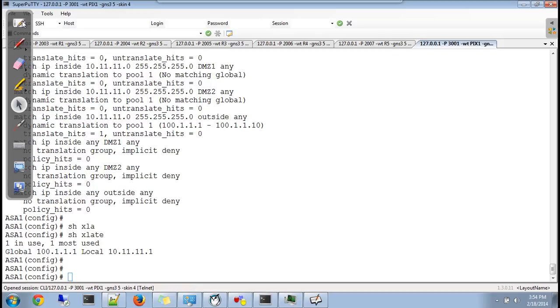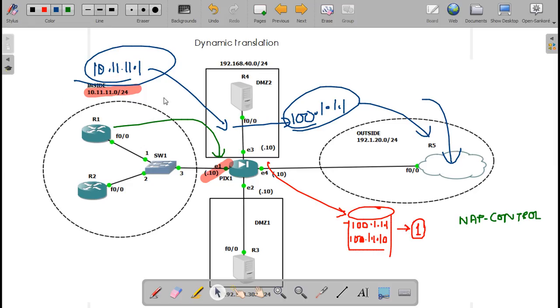Now just understand that suppose right now we have network 10. Suppose we have network 172.16.10.0 behind R1, and we have say network 172.16.0 behind R2.